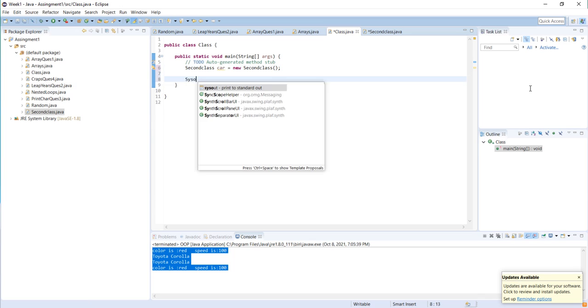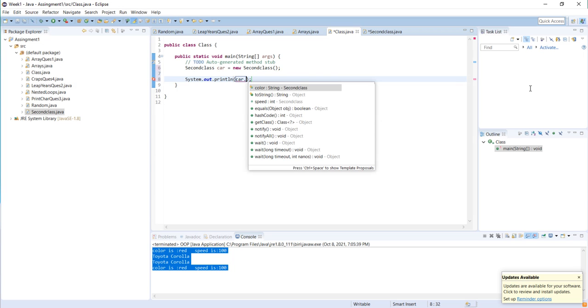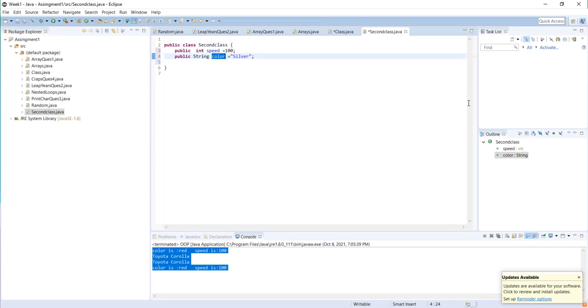If I write car dot something, it starts showing all the attributes. Some of these are built-in functions or attributes which I don't want to use. What I am interested in right now is getting this color and this speed.